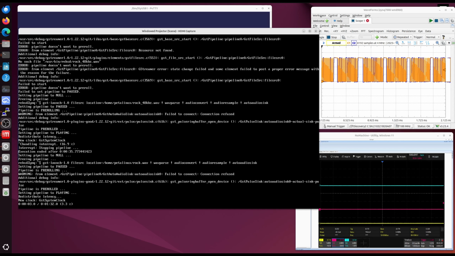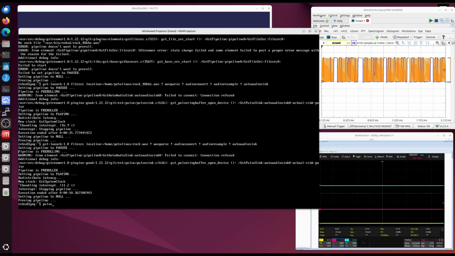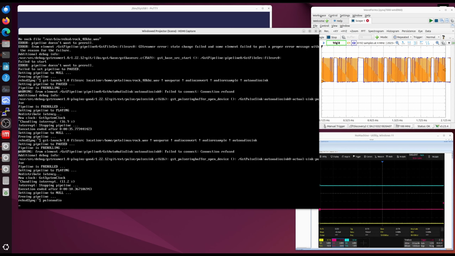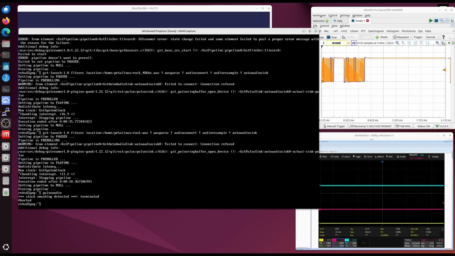So I'll have to play around with that more. It looks like, oh yeah, failed to connect. So it's a connection refused. Now, I believe some of that is because you need PulseAudio, and I do not. I've deselected PulseAudio on the install, but there's still some remnants of it, and PulseAudio I cannot get